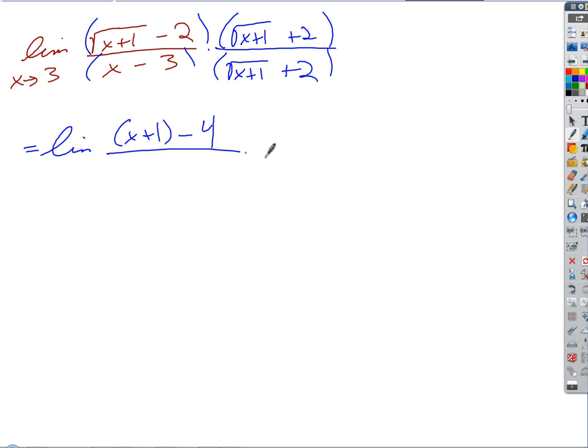bottom. On the bottom now, we get x minus 3 times the factor square root of x plus 1 plus 2. In the limit that x goes to 3, notice that this factor does not go to 0. Everybody see that? Okay. Well, if we simplify, what do you notice happening